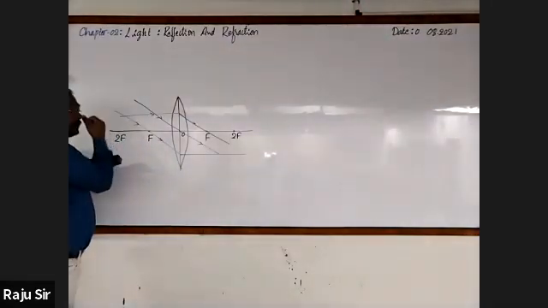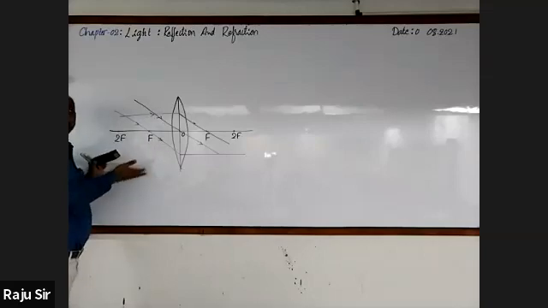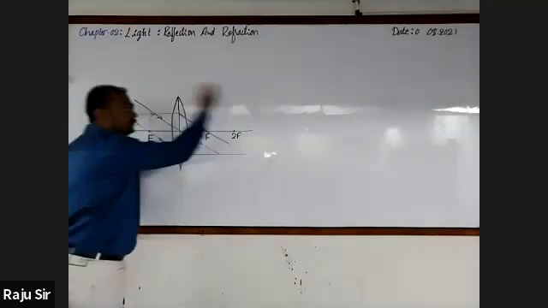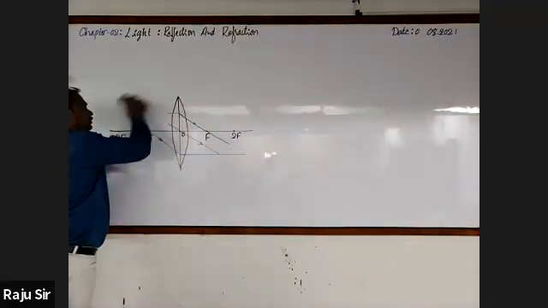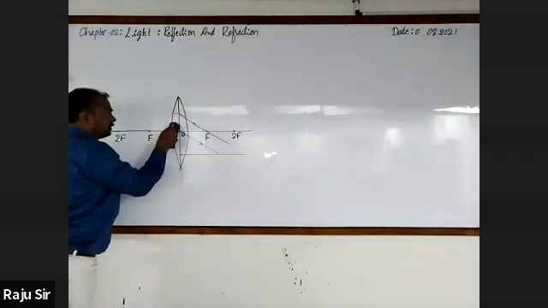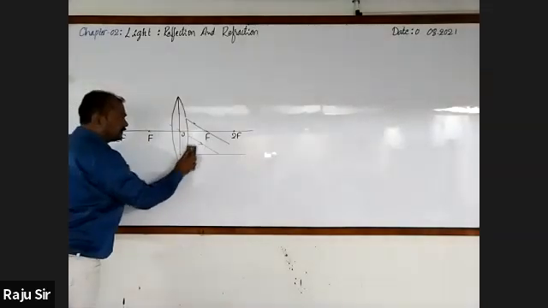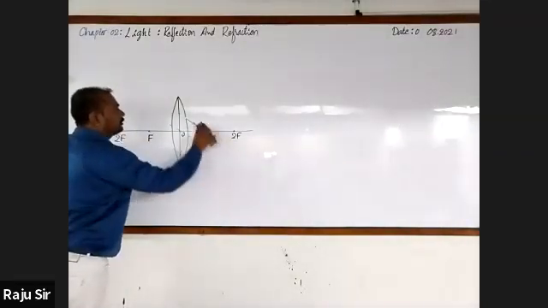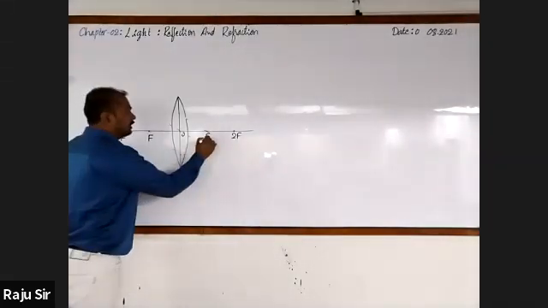See, here I have taken all the rays above the principal axis. They may also be drawn below the principal axis. Not only that, even from the right side as well. But you must know these rules. Next, after that, we describe the nature, size, and position of the image formed by the convex lens. It all depends on the position of the object.